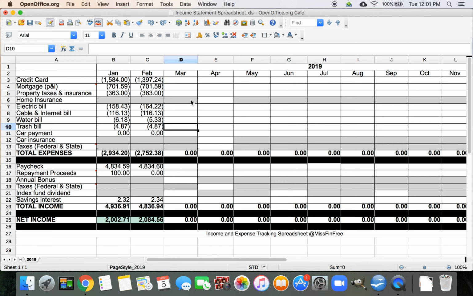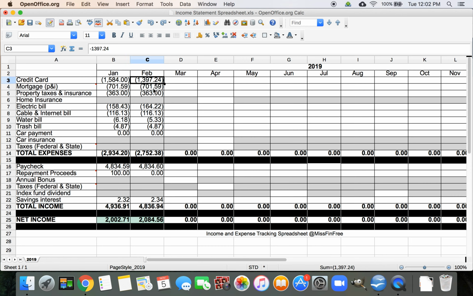The reason, again, I use those background colors is, if I were just to have this home insurance row completely empty with white, and I'm looking at that, it looks like I've forgotten to input some values. And of course I haven't forgotten, I just haven't received them, and I'm not expecting to receive them. So it just helps me stay organized, and again, gives me a bit of peace of mind to know exactly when that bill is going to come in, so it makes things a little easier for me to manage in that regard. So as you can see here, I have sample data that has already been entered